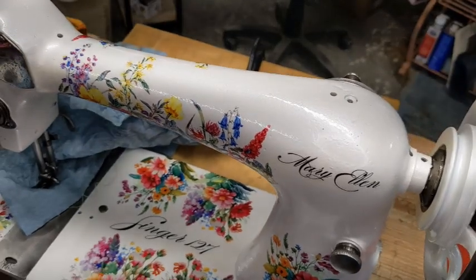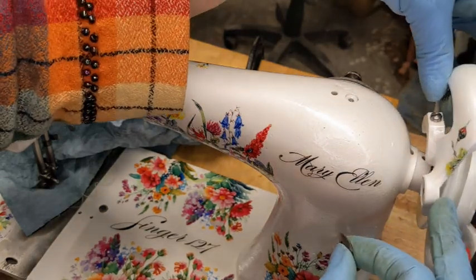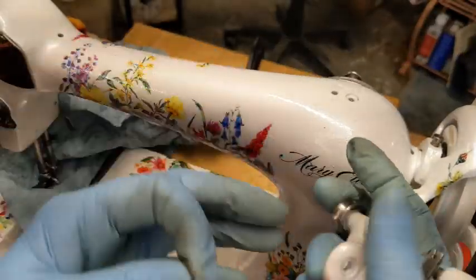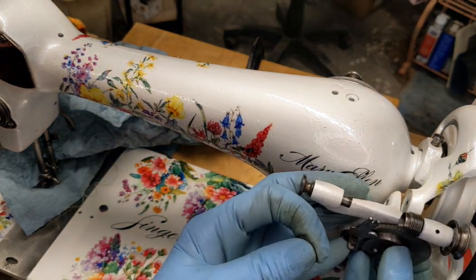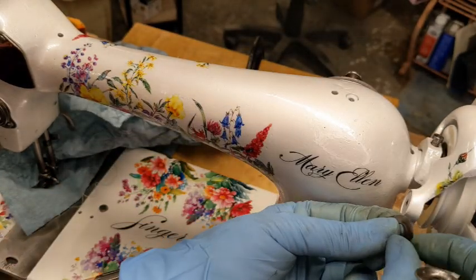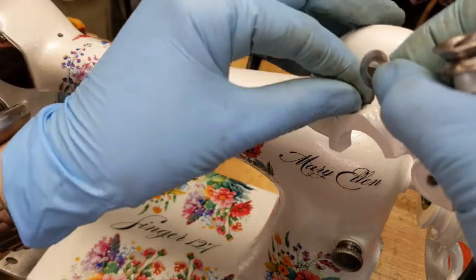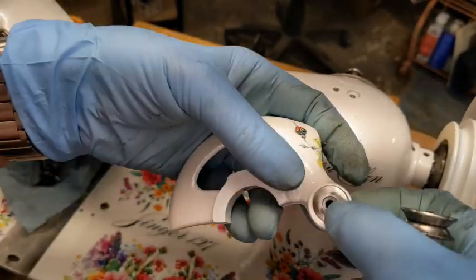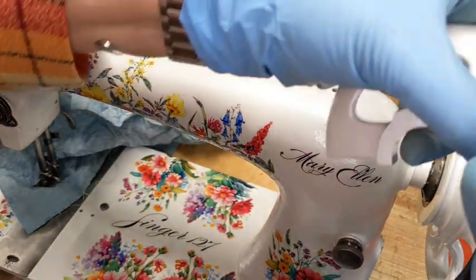Next, I need to get the bobbin winder attached to the belt guard. So the belt guard's going to sit this way. Okay, let's just set it there for a second. This is going to need to be attached here, and I do need to put a new tire on. This spring, take this screw out before I lose it, is going to sit in here. Okay, this is going to go up against it like that,